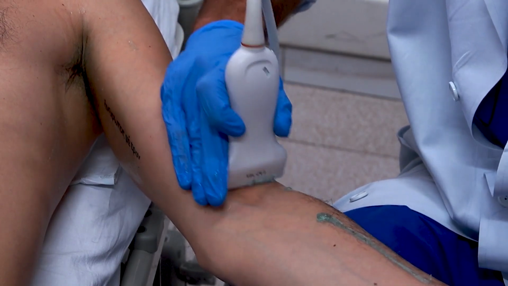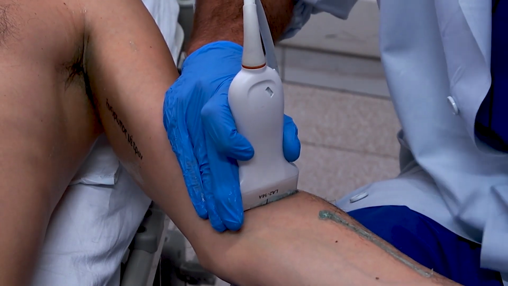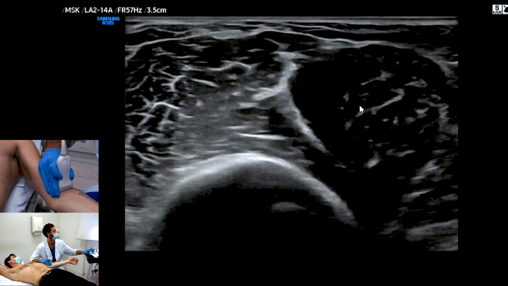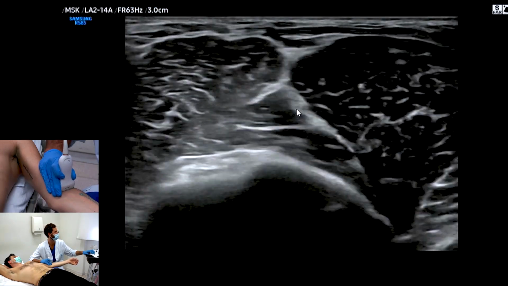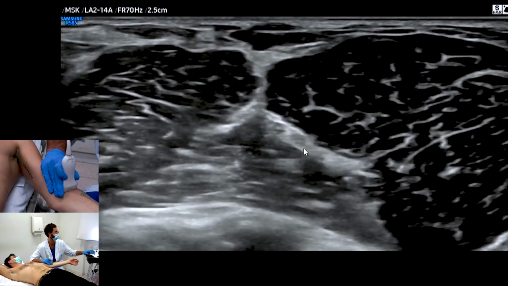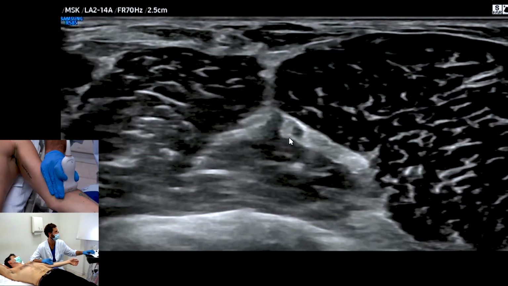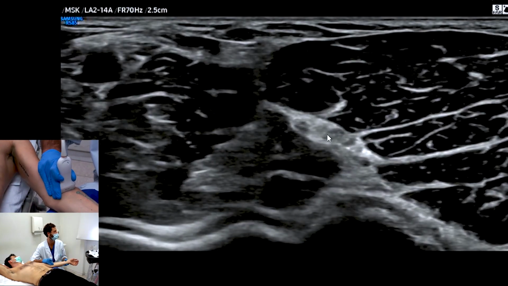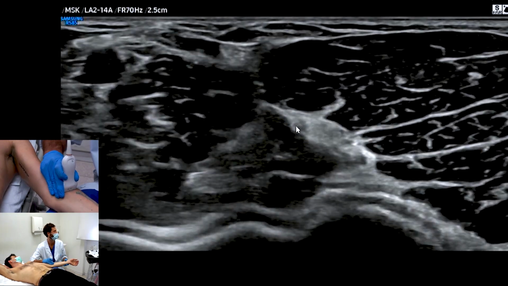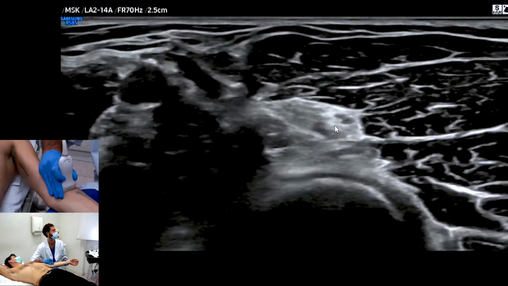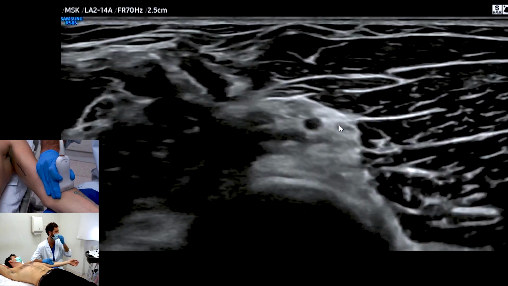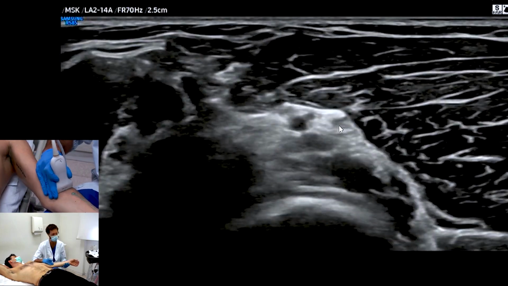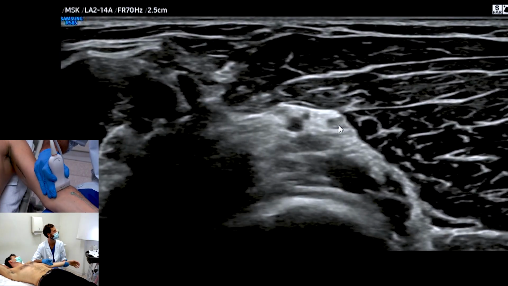The radial nerve at this level bifurcates into small branches. As you can see in this image, the radial nerve bifurcates into the deep and superficial branch. The deep branch is also called the posterior interosseous nerve. The posterior interosseous nerve has a motor function,